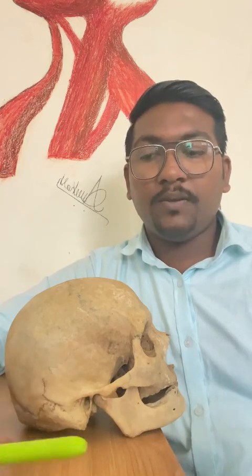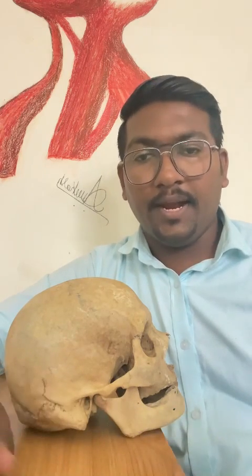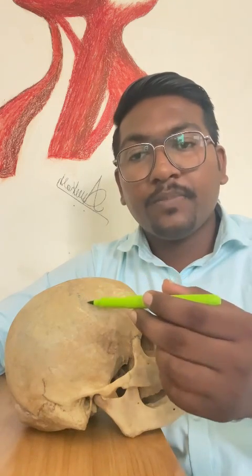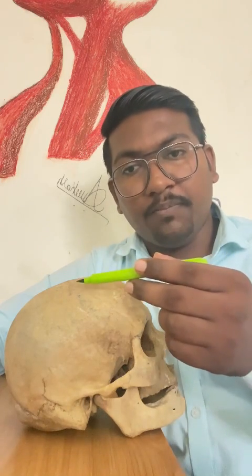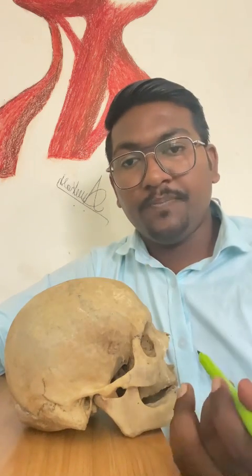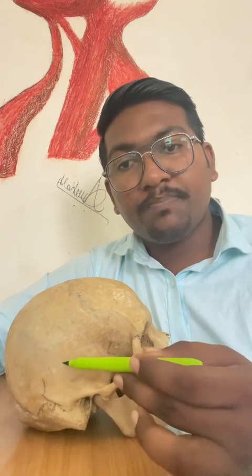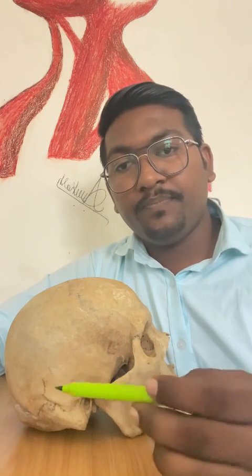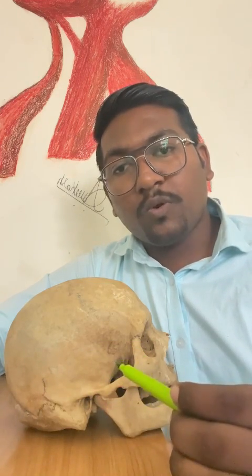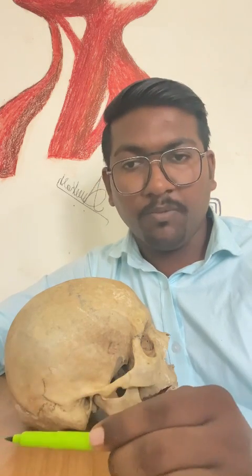Now we will talk about what are the sutures present in Norma lateralis. We can see this is the coronal suture between the frontal bone and the parietal bone. You can see this is the coronal suture, and this is the squamous parietal suture between the parietal bone and the squamous temporal bone, and this is the spheno-squamous suture between the sphenoid bone and squamous temporal bone. And also posteriorly we can see this is the lambdoid suture between the parietal bone and the occipital bone,